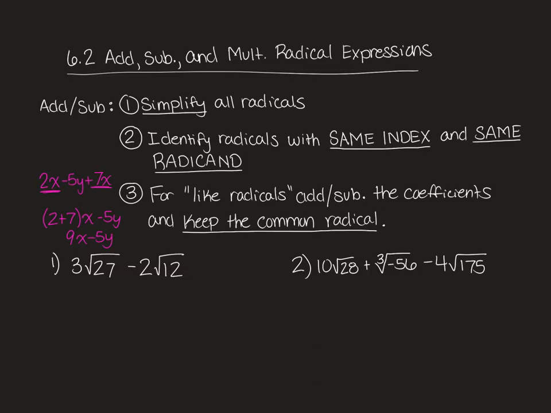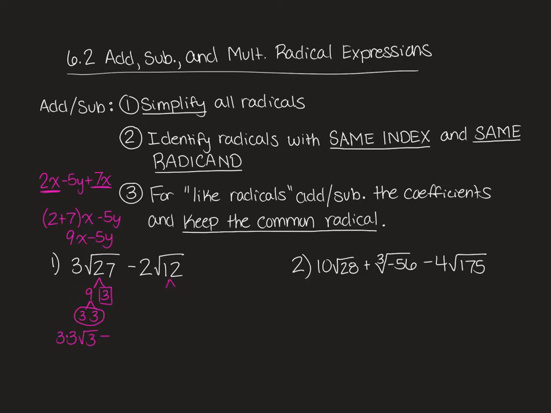For number 1 here, we have 3 square root of 27 minus 2 square root of 12. I'm going to simplify all radicals. 27 is 9 times 3. I can break down 9 into 3 and 3. This is a square root, so I'm looking for groups of 2, and I have 1 left over. So the 3 comes out as 1 3, so I have 3 times 3, square root of 3, minus,